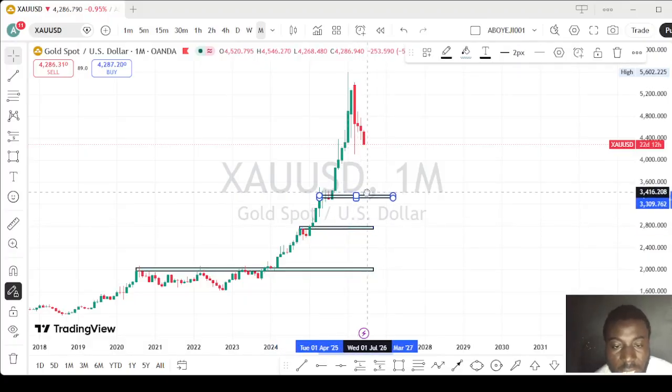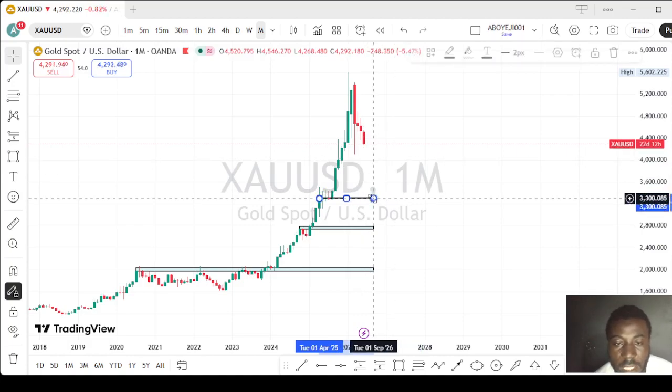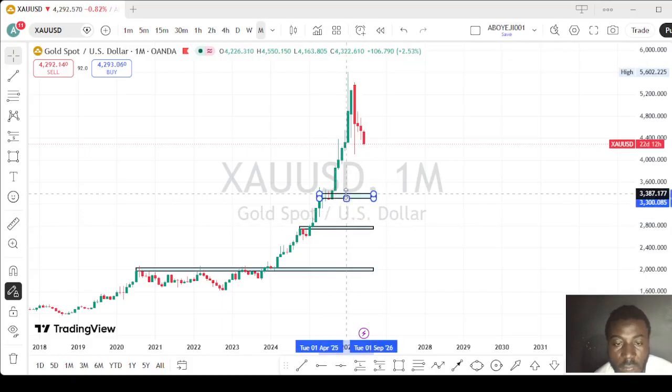You can see the next key level before the market broke it. This is the next key level here, to which this correctional movement is coming. And the reason why is because there's an FVG here. You can see that FVG on the monthly time frame.